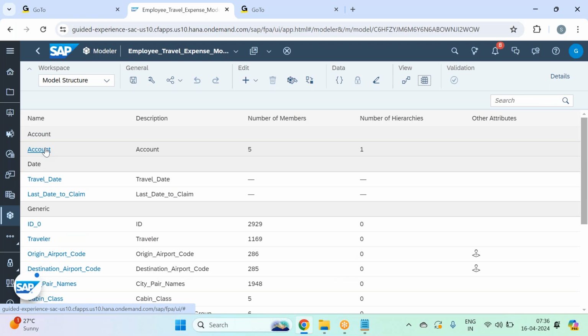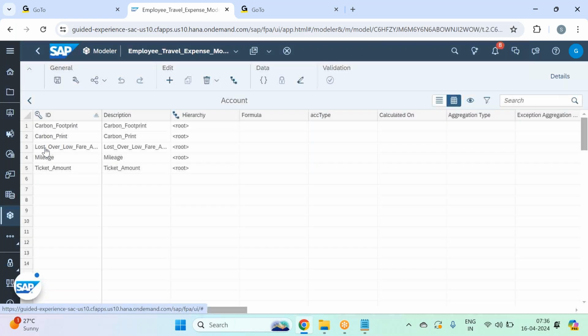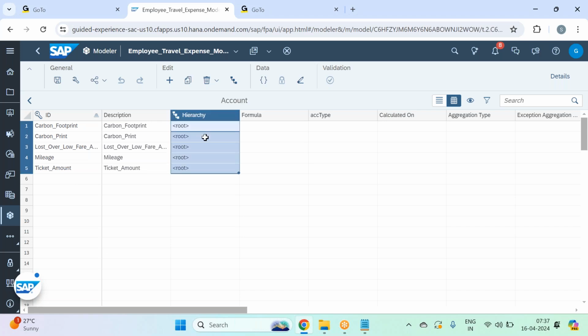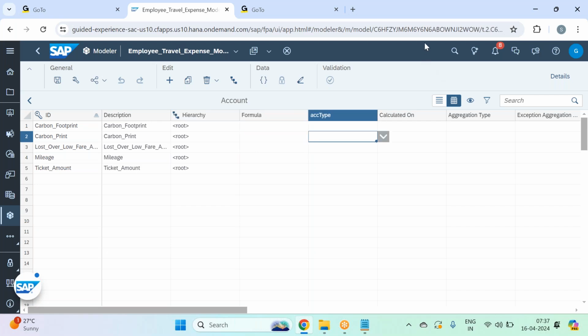Okay, so if I go on to the account dimension, I clearly created it as a classic account-based model, right? In an account-based model, you see all measures present as data members in the account dimension. So if you want to create any new calculations, guys, you can create them here. The accounting hierarchy I'll cover when I go to financial planning: formulas, account types, hierarchies. Aggregations I'm going to cover now. A few things I'll cover in financial planning because the accounting and accounting hierarchy will come only